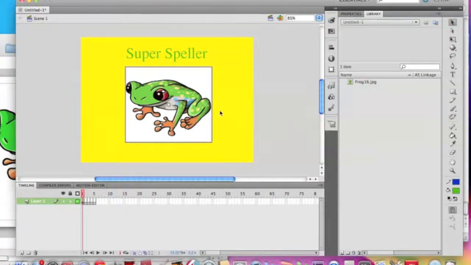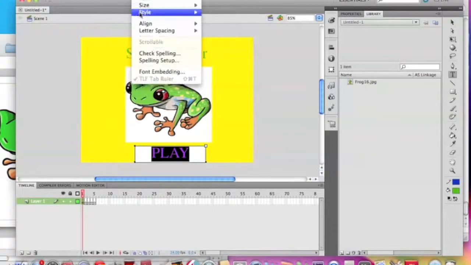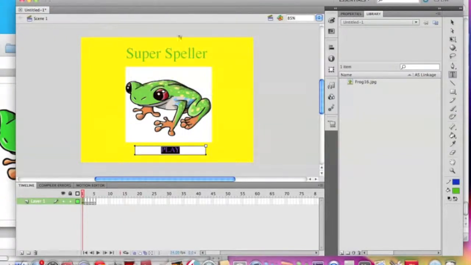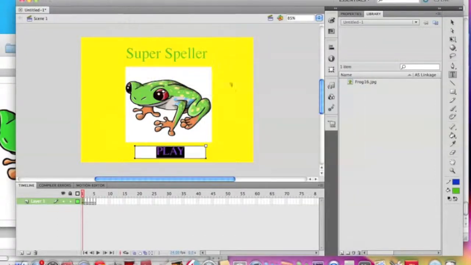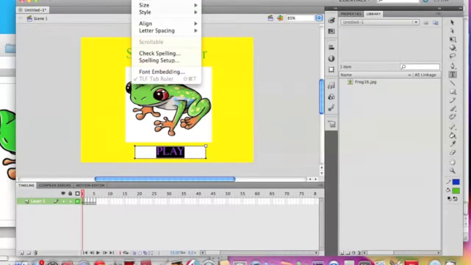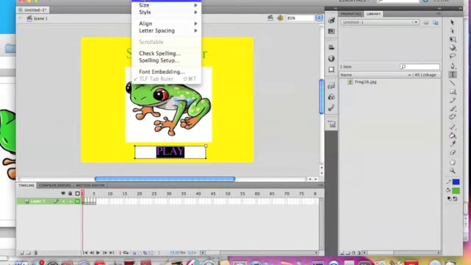So next we're going to be adding a next button or play button. So you go on the text tool again and you type in play. Okay, so this one's kind of big for a play button, so I highlight it, go to text again, size 24 or 36. Okay, and to make the font different, like to change the font, you can easily go on text, font,